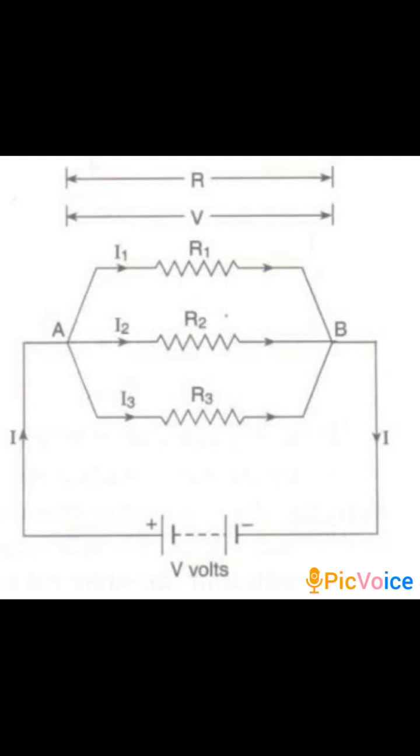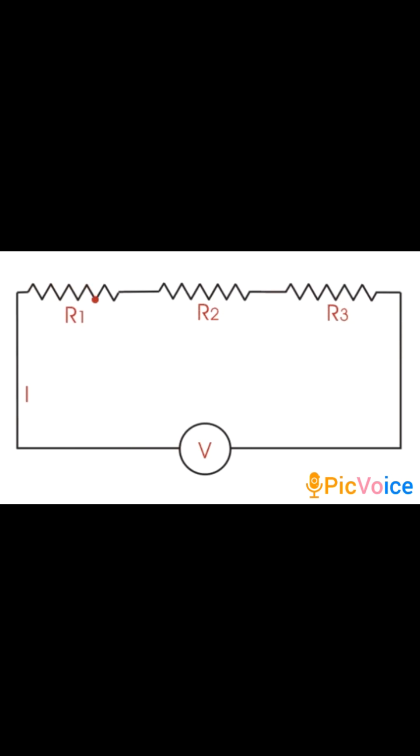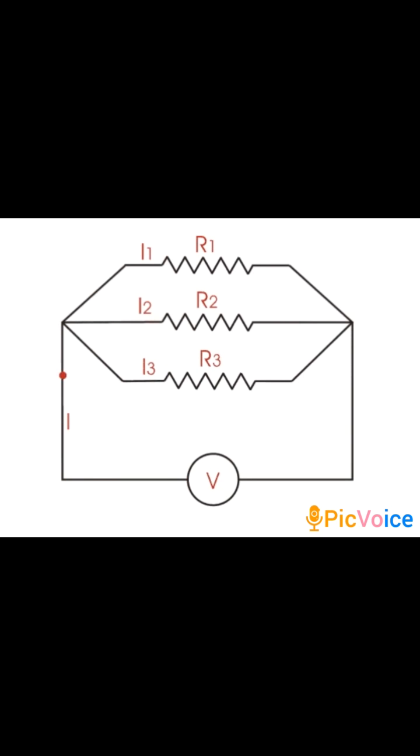When resistors are connected in series and parallel by using Ohm's law, we have studied their derivation as well as their characteristics. Now let us take few examples and try to correlate them with our day-to-day life. When resistors are connected in series, same current I flows through R1, R2, R3 that we can see here. When resistors are connected in parallel, I1 is the current flowing through R1, I2 is the current flowing through R2, I3 is the current flowing through R3. So the current flowing is different in different branches. That we can understand through this picture.